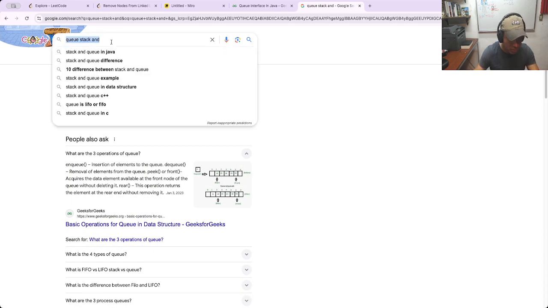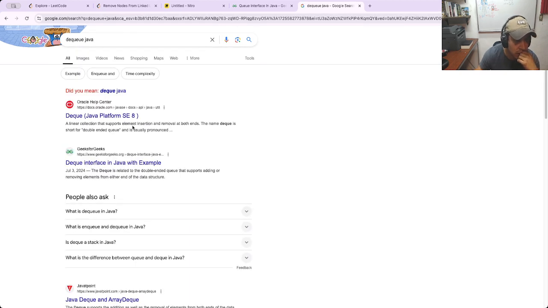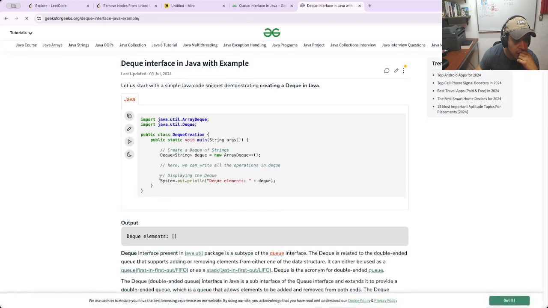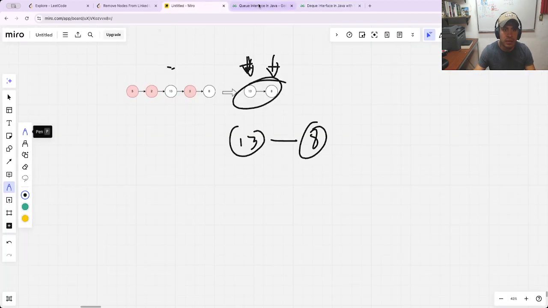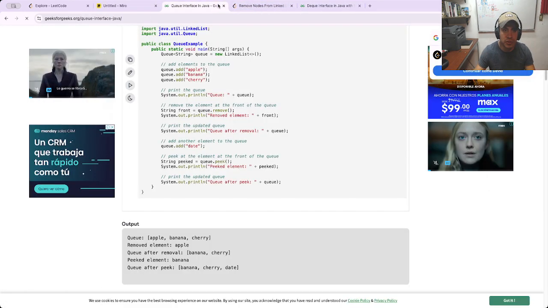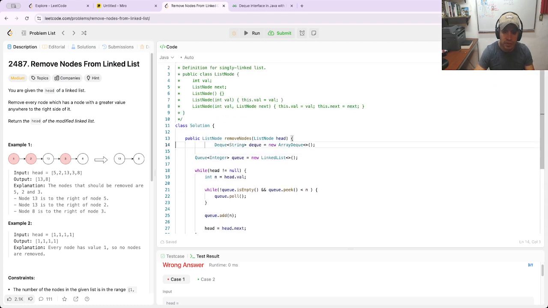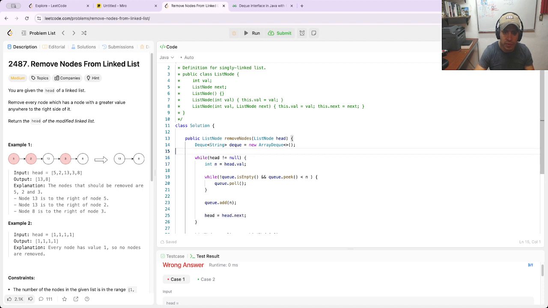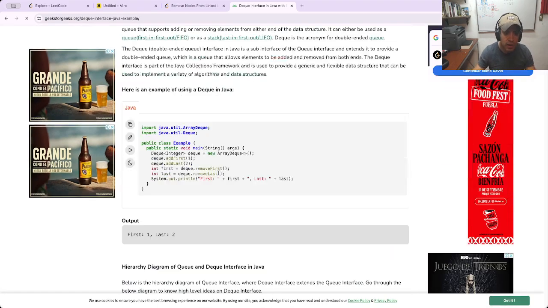DQ. Yeah, I think this is the structure that I was trying to use. This is the DQ. It's here integer, and the operations of the DQ are